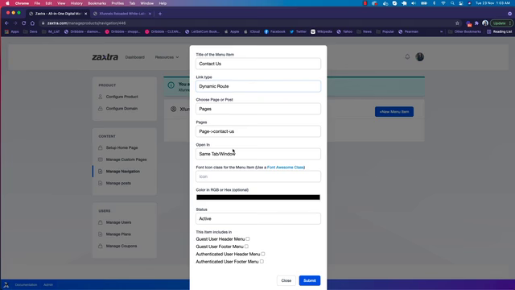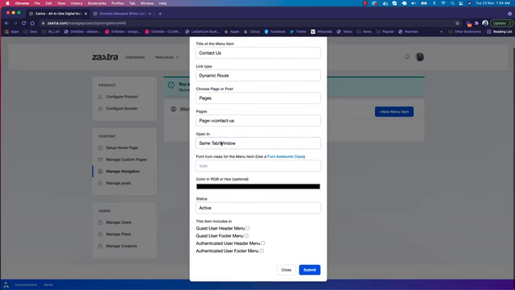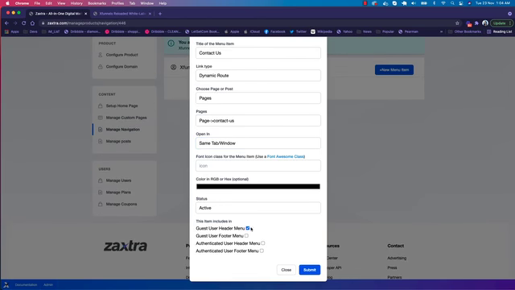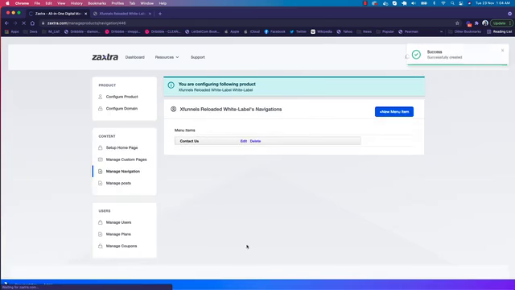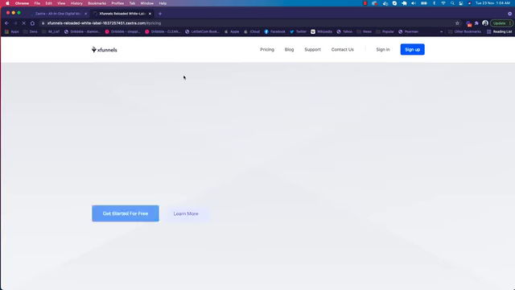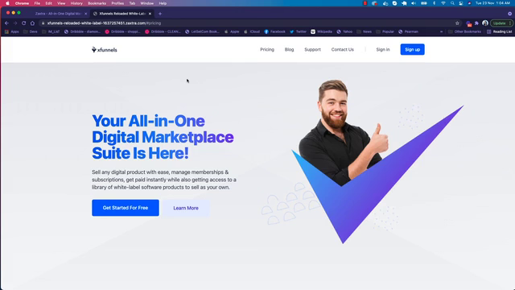So we'll have just a dynamic URL. It can be opened in the same window, or you can open it in a new window. We can have the icon if you want, and then we will show it in the guest user header menu. We have an option for the authenticated user menu. It means we can have two links: users who log into your membership site will have other links to show them, and the guest user will see other links. So you can separate both of the links as per their logged in or guest status. So now contact us is here.